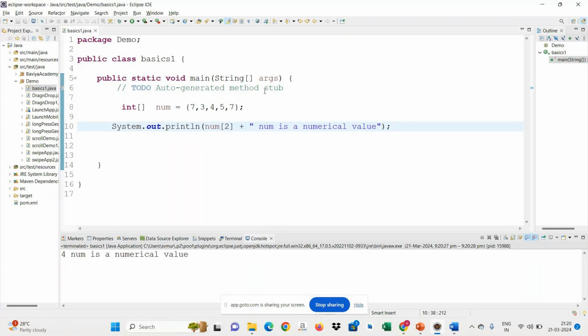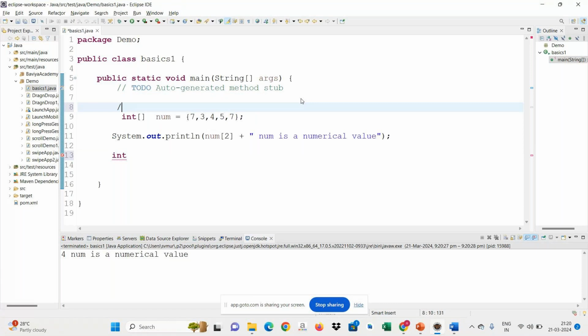And to print, another way is int. This is one method. The second method is, now I want to store multiple values in a single array. So you know that you are going to store multiple values in a single array, so you have to declare an array. Then I'll give ARR. This is your array